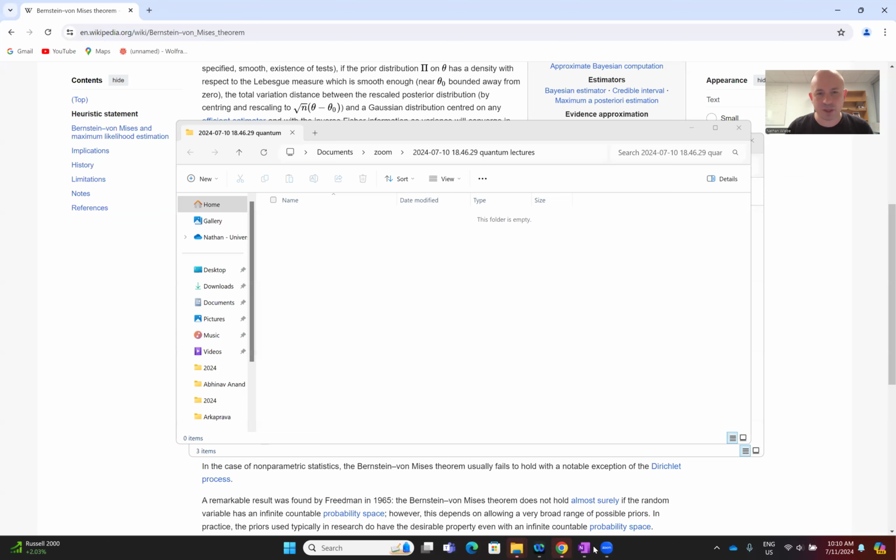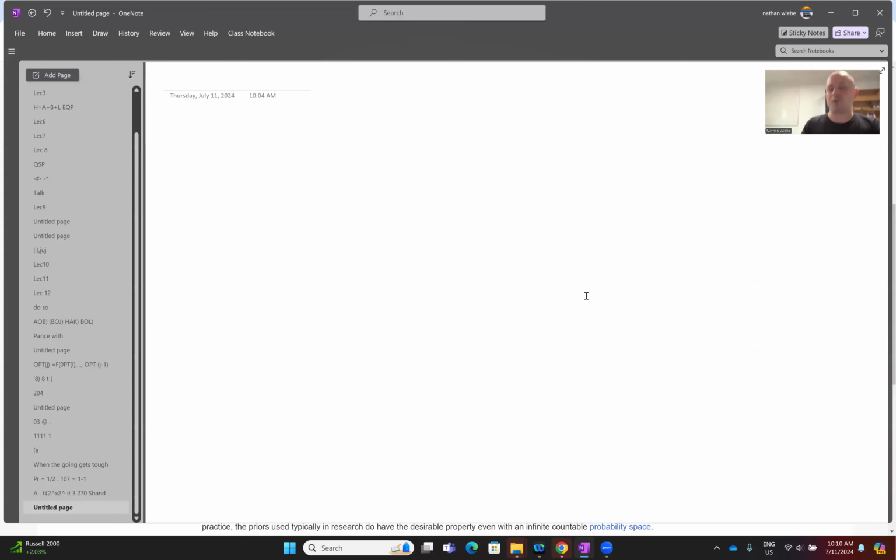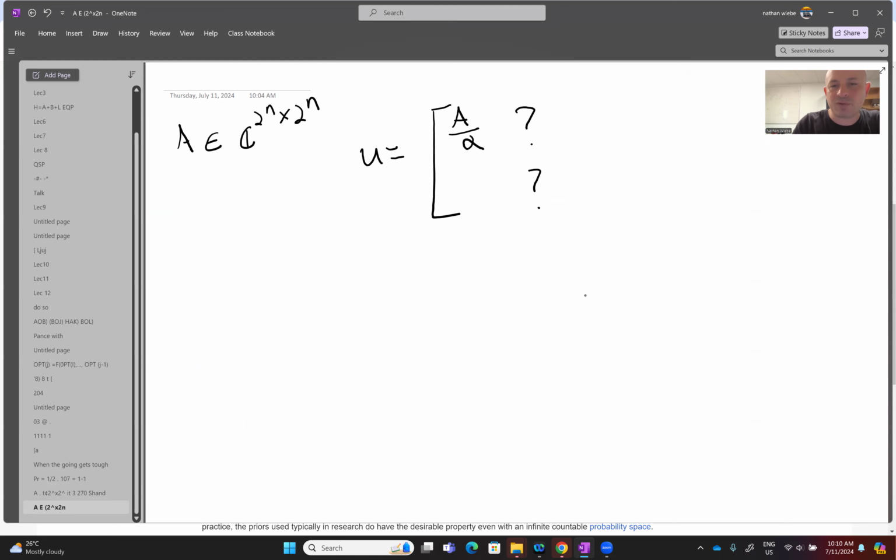So let me begin by sharing my screen, and we will jump into this. To begin with, the basic idea of the block encoding was as follows. Let's imagine we've got A, which is in C^(2^n × 2^n). Then what we'd like to be able to do is build it inside a larger unitary such that the unitary will be of the form A over alpha with some other junk over here. And U is in C^(2^(n+m) × 2^(n+m)), where these extra m